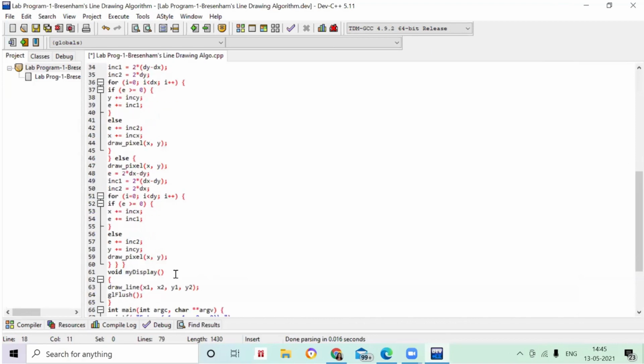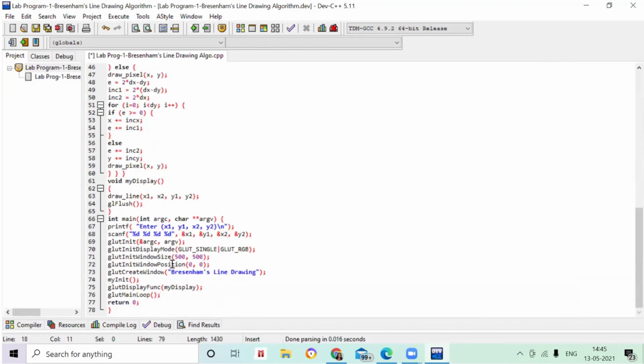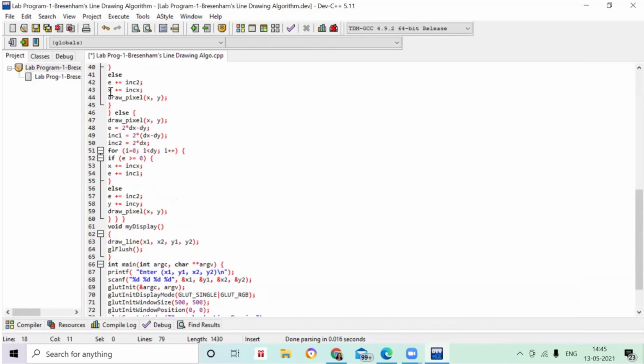Now in the next, you can see here, in the else part, again I have just incremented according to my algorithm, and I have just drawn the pixel. Okay, and this is the code of your Bresenham's line drawing algorithm. Whatever is written here, everything is from your algorithm. See here, the formulas are there. We are checking the condition for the loop till we reach the end.